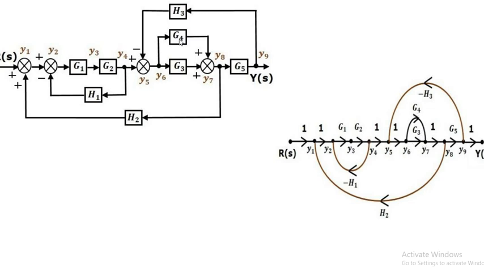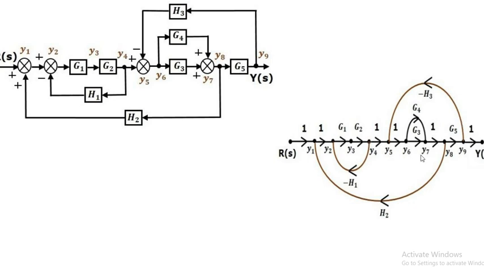Okay, now the last thing is the one which is taken from y9 to y5. So it is taken from y9 to y5, but the feedback is negative, so that's why it is replaced with a branch gain of minus h3. This block is represented here and the minus sign is for negative feedback. Okay, so these things we have seen. So this is the simple representation of a signal flow graph of this block diagram. Okay, so this block diagram we have converted into signal flow graph.